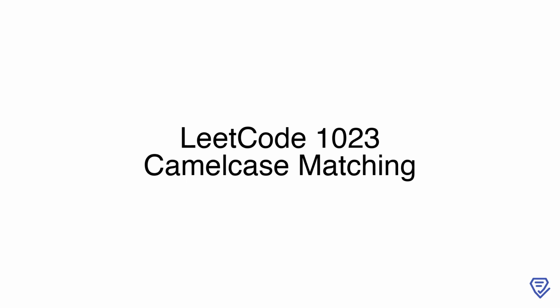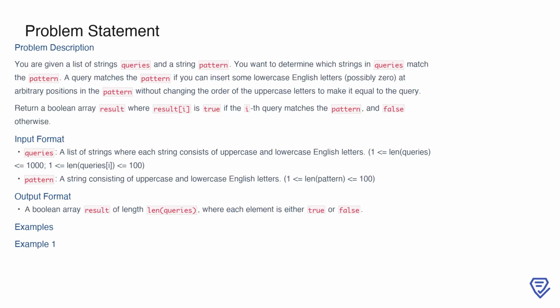Let's dive in. In this problem, we are given two inputs, a list of strings called queries and another string called pattern. The goal is to determine which strings in the queries list match the pattern. A query is considered a match if we can insert some lowercase English letters, possibly none, at arbitrary positions in the pattern such that the uppercase letters in the pattern remain in the same order and align with the uppercase letters in the query. The output is a Boolean array called result, where each element indicates whether the corresponding query